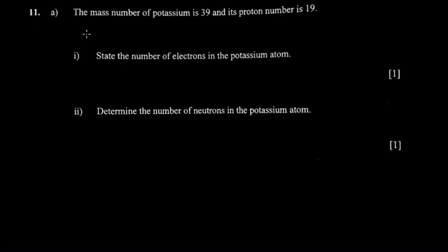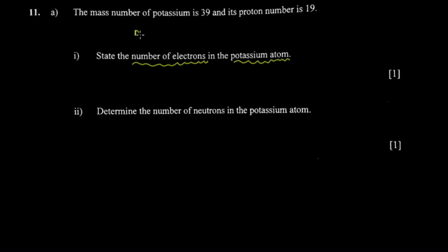So let's use this. Question 11a says the mass of potassium is 39 and the proton number is 19. State the number of electrons of the potassium atom. It says atom here, so atom means it's neutral. For an atom, the number of protons